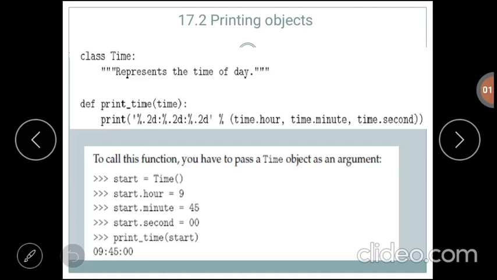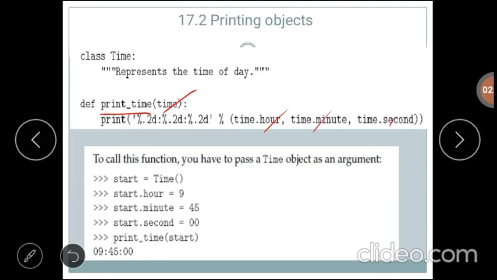In this particular example, we have the function print time. The print time function takes one argument, the object. We have to pass a time object as an argument to call the print time function. This print time function displays the time in hour, minute and second format.